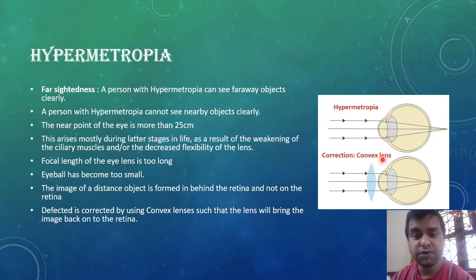But remember, in both cases we use lenses. No mirrors are used. So to correct hypermetropia, we use a convex lens. That reduces the focal length and brings it to a point where the image falls onto the retina. Then you can read objects. You can read books basically. The adjustment is done based on the severity of your defect. It is not like one size fits all.